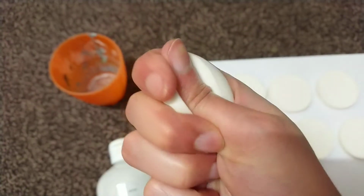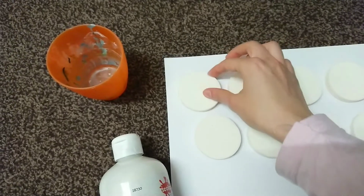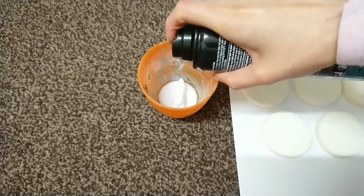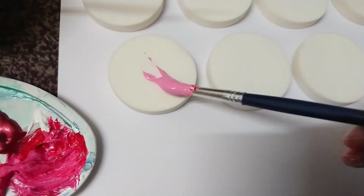Hi everyone, today we're going to be making a really cool squishy using makeup sponges. Puffy paint is a bit expensive, so let's make our own using shaving foam, PVA and mixing it in with